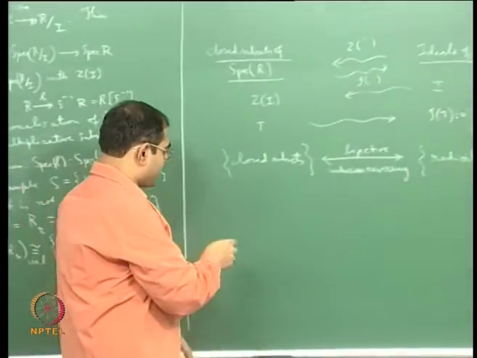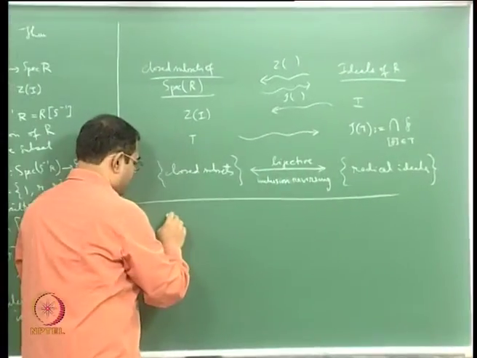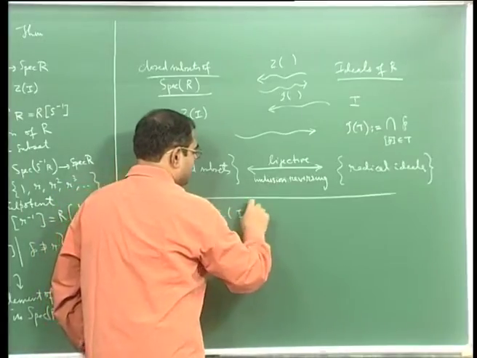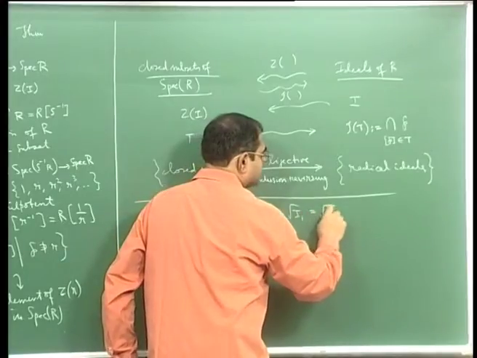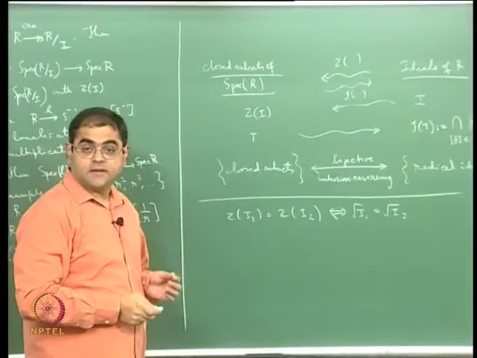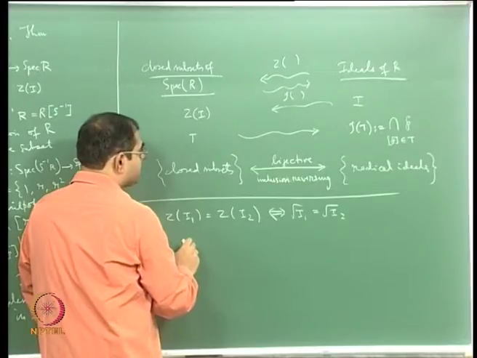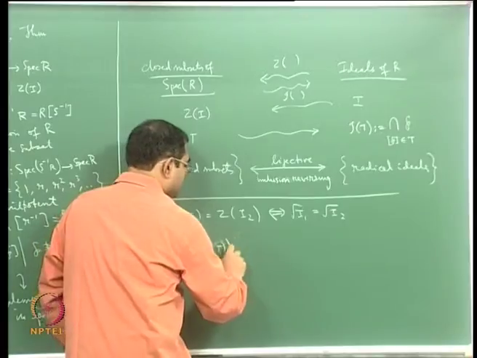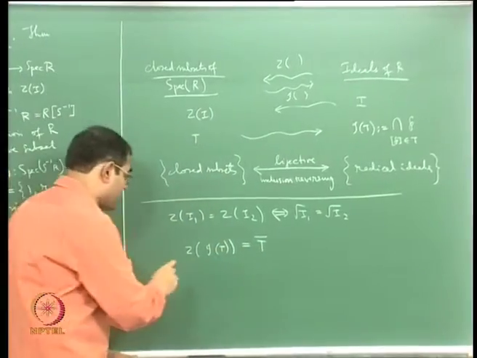So here also, you have statements like Z of I1 is equal to Z of I2 if and only if rad I1 is equal to rad I2, okay. Then you also have the statement that Z of I of T is just T bar, the closure of the set T,